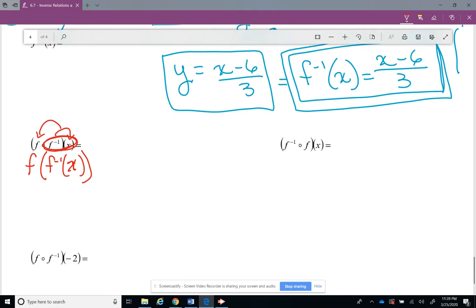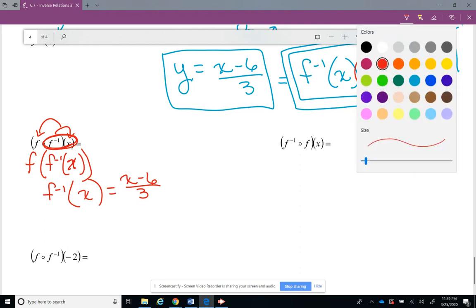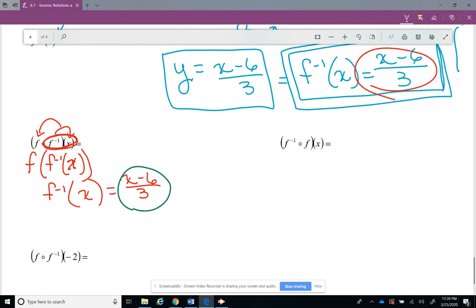Basically what that's saying is, what's your inverse? If I input x in there, what's your inverse? Well, it's right up here. It is x minus 6 over 3. Now, if you take that inverse of f and input it into f of x,